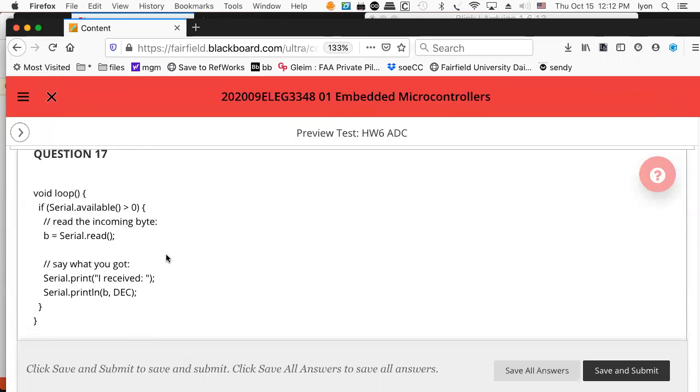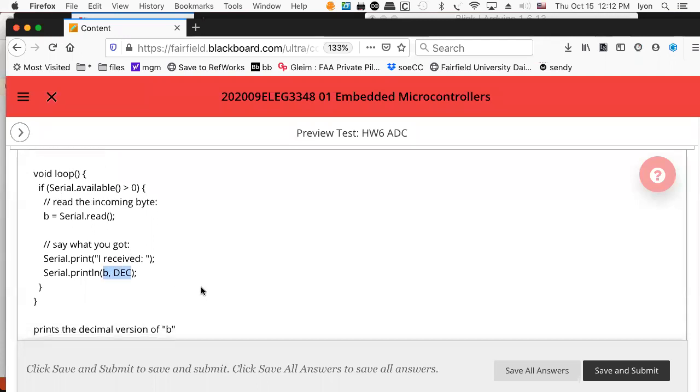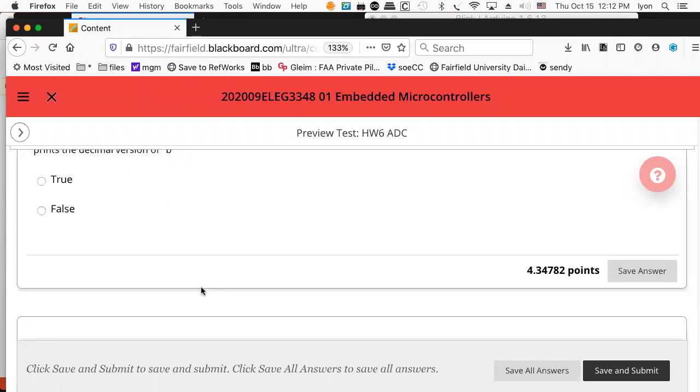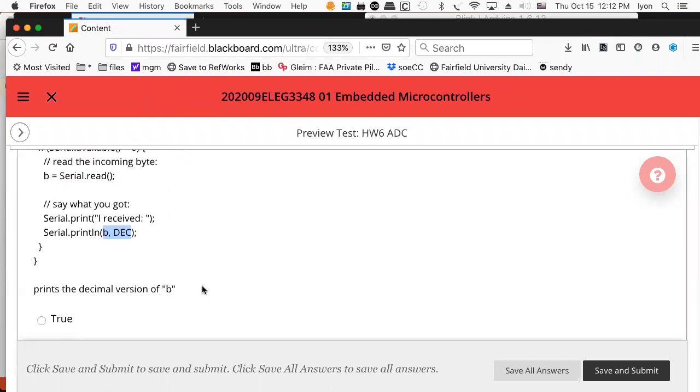So here is some example code. Will that print the decimal version of B? Yeah, looks it. For question 16, did you say that was true? Question 16. We're going back now to